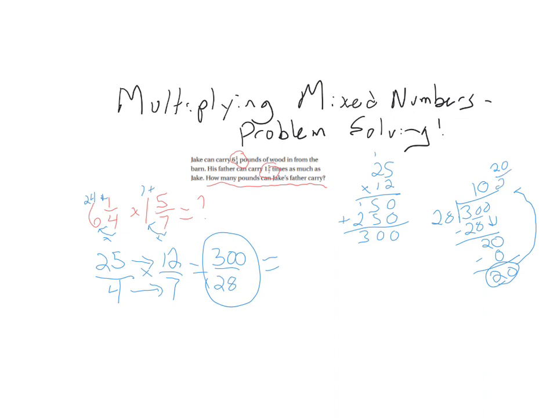28 becomes my denominator. So 10 and 20 28ths. Well, I can simplify this, and I know that my greatest common factor here is a 4. Okay, I used my BFF to figure that one out. It's the biggest shared number in both of those little boxes. So 20 divided by 4 is 5, and 28 divided by 4 is 7. So my final answer here is 10 and 5/7